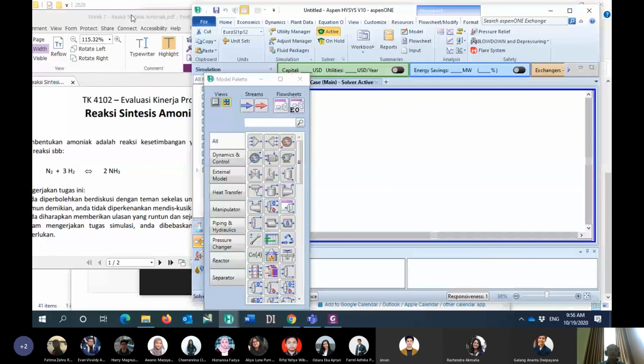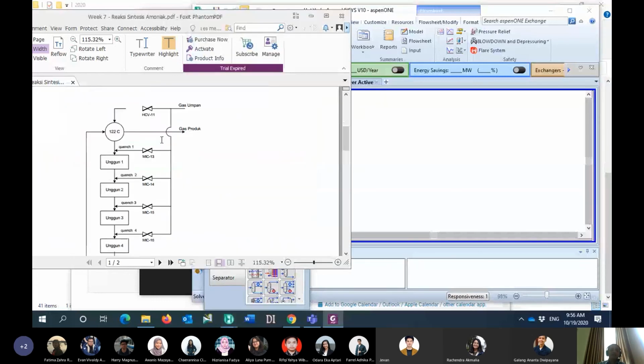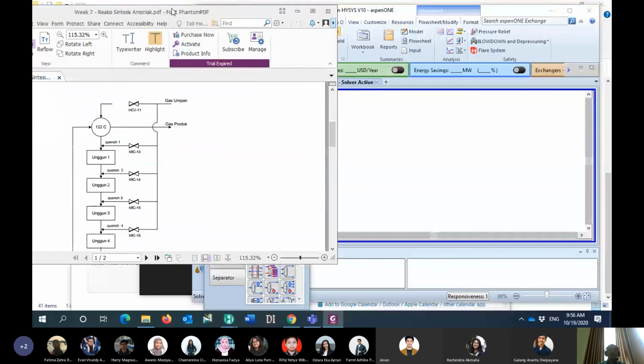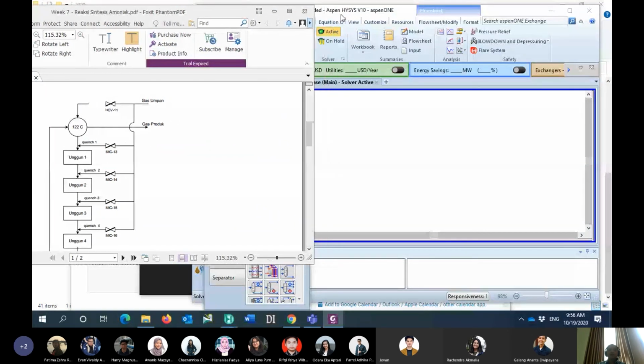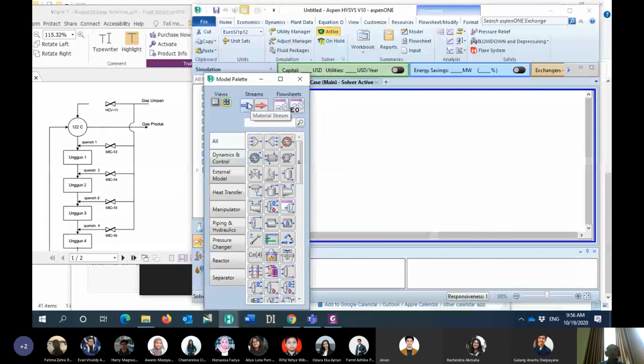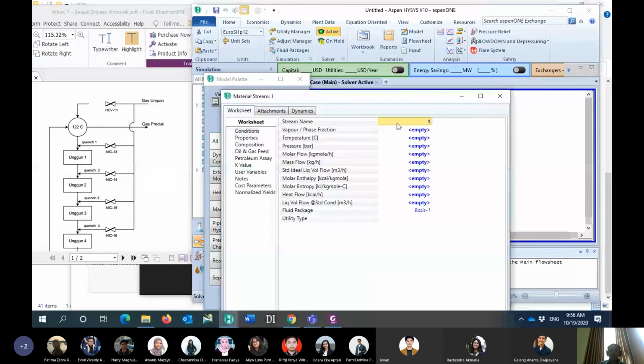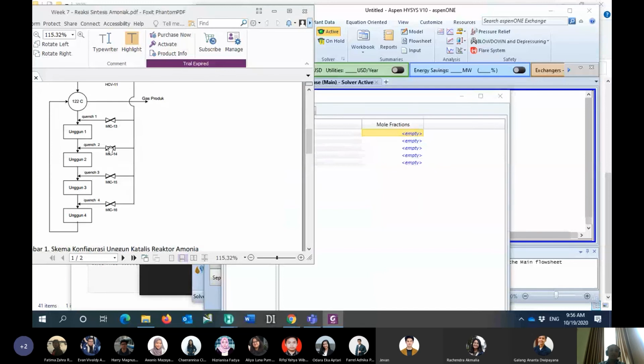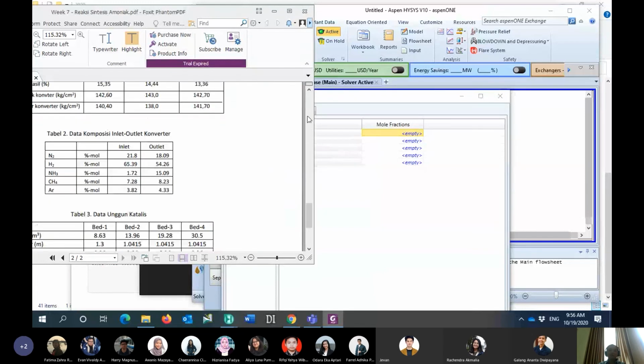And then to create the process flow diagram, I will go to this PFD. For PFD, I will start with the inlet or feed. I will put in here feed. I will define the composition, and the composition will follow table number 2.